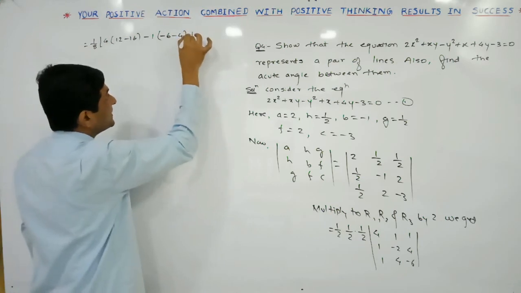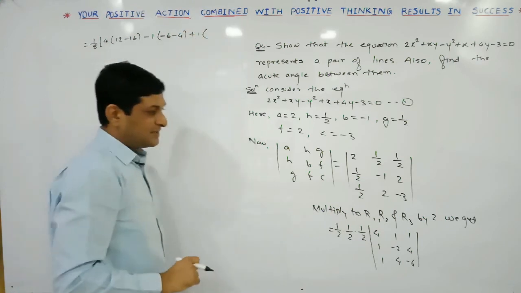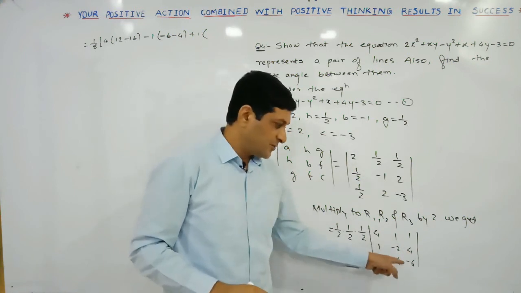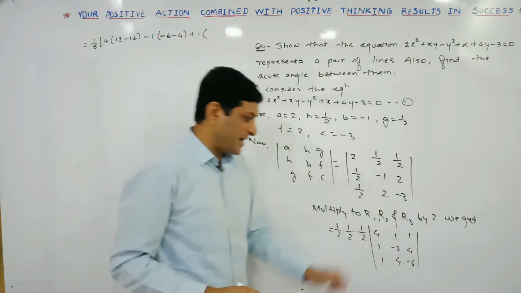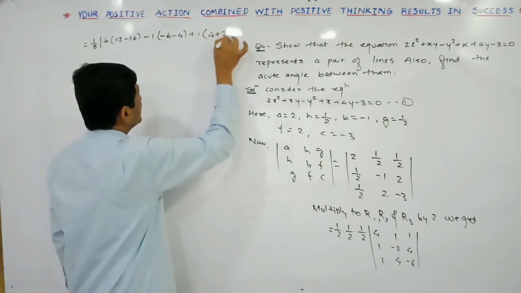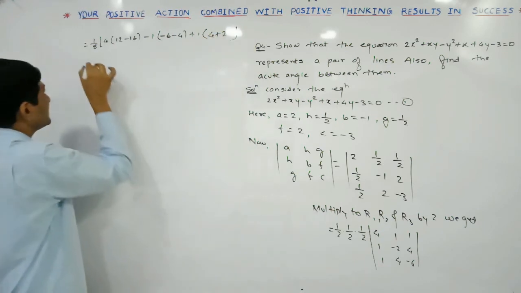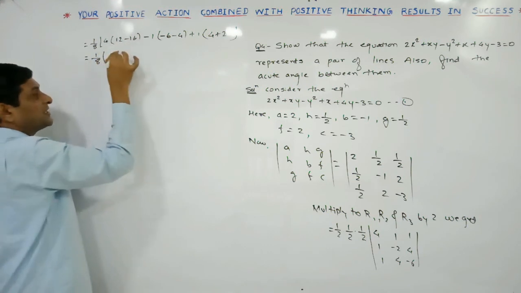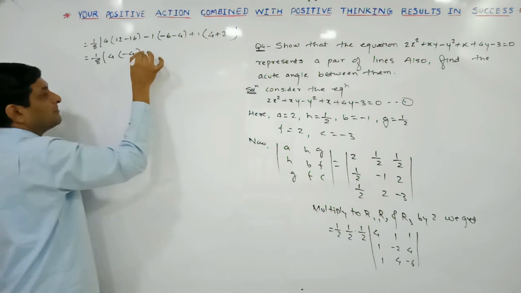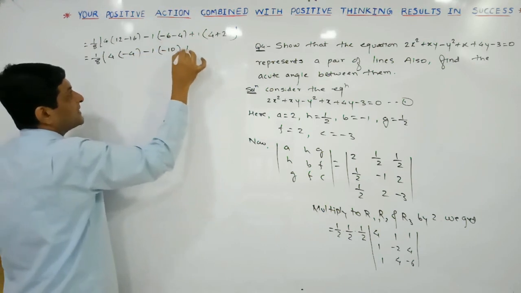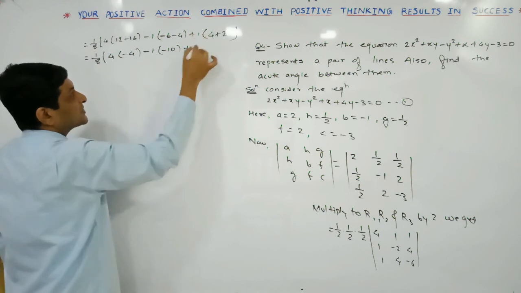Lastly, keep this plus 1 as it is and delete the third column. Find out the determinant of these 4 elements. So here this product is 4, minus minus means plus 2. Means here we will get 4 plus 2. Let us simplify it. So which is equal to 1 by 8, keep it as it is. 4 into, here the difference will be minus 4. Minus 1, keep it as it is. Here we will get minus 10 plus, and here 6.